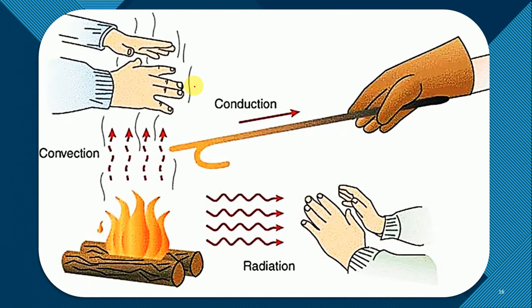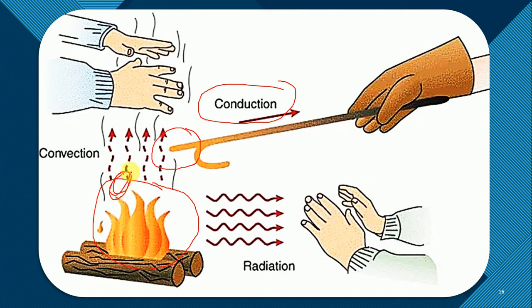Now coming to this picture which I had shown you earlier, this is the flame, and suppose one rod is in contact with that flame. So one end of this rod will get heated first. Once this rod is heated, the molecules will vibrate, because it's a solid, and as the molecules vibrate, the heat will be transferred from the higher temperature end to the lower temperature end, this side, right? And that's what is called conduction. Then convection, how does it occur? If I consider one molecule of air present here, it takes the heat from the flame,